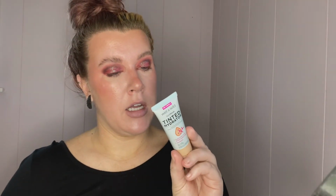Now that I have those down, I'm going to go in with my Wet n Wild Tinted Hydrator. My friend Becca also sent this to me. This one is in the shade Light Medium. I find this works pretty well for me. I've only tried this out 2 other times, so I'm still kind of formulating my thoughts on it,